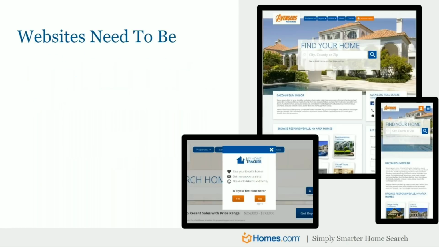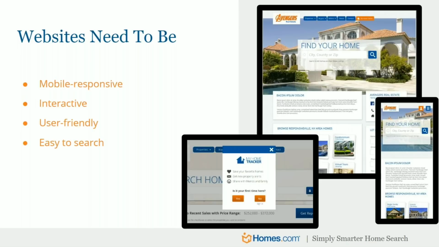You see, the first thing you need to know is that your website does need to have certain qualities. One, it's got to be mobile responsive. Most searches today are being done on mobile devices, so that's number one. So if you have an outdated website, you need to get that replaced and updated as soon as possible. They need to be interactive, where you can make it easy to interact in a user-friendly manner with the consumer and make it easy for them to search for properties.